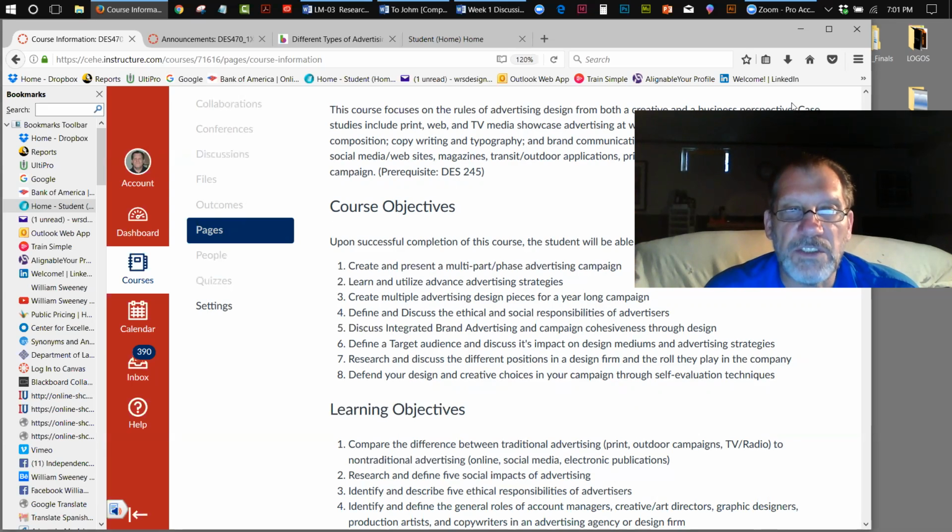Define and discuss the ethical and social responsibility of advertisers, discuss integrated brand advertising and campaign cohesiveness through design. Define a target audience and discuss its impact on design mediums and advertising strategies. Research and discuss the different positions in a design firm and the role they play in the company. Defend your design and creative choices in your campaign through